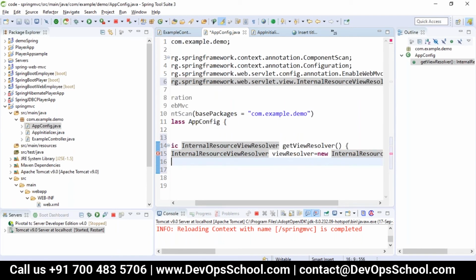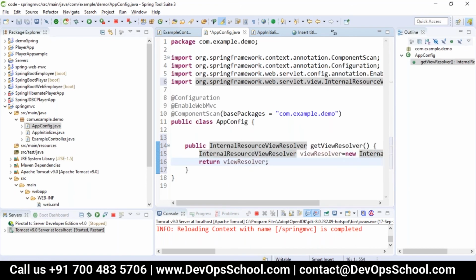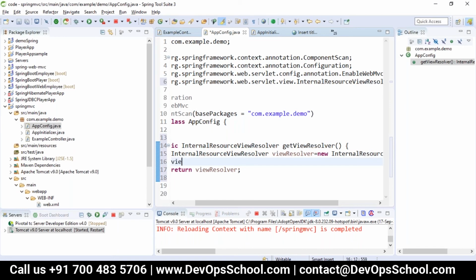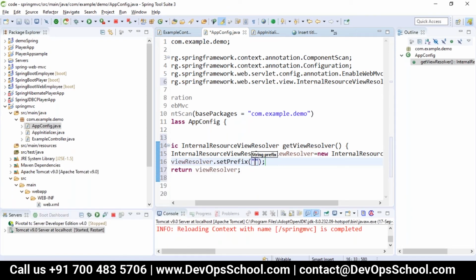We know how to create the bean, because if setter methods are there, we have to configure the setter methods. So that is viewResolver. Set prefix, and what is the prefix you want? If you want to secure your application, all the JSPs you can keep inside WEB-INF and inside a views folder.